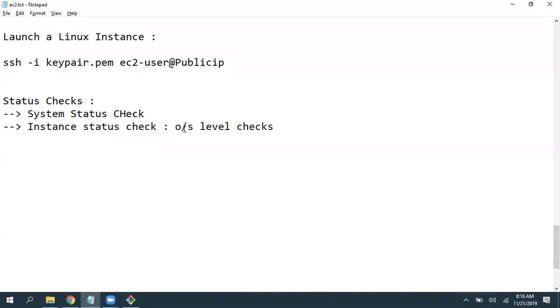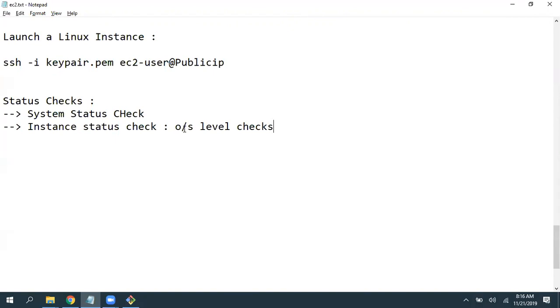Due to some reasons, or accidentally, you have detached a key pair or NIC card. When you disable the NIC card, can we get connected to that machine? No. NIC is an entry and exit point for our EC2 instances. So if you disable that, immediately the connection is going to terminate and you cannot get connected. Or sometimes the OS running drive is completely full, so it won't allow you to boot that system.